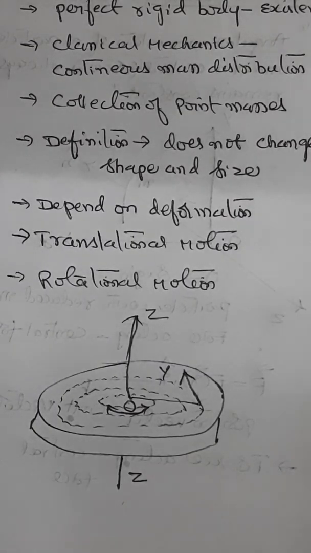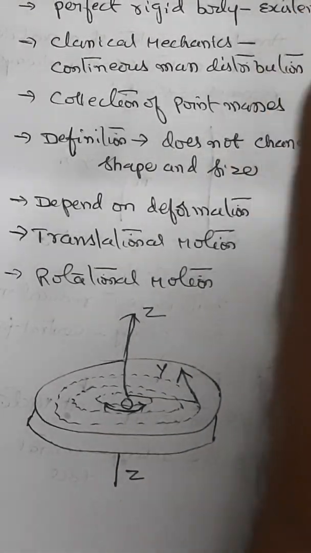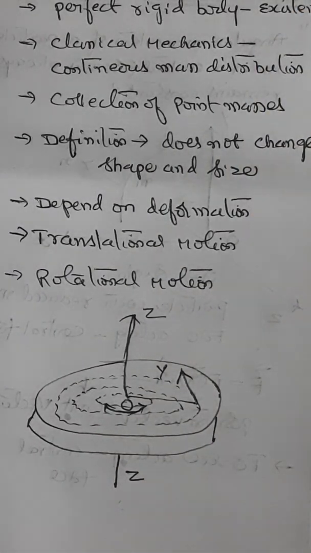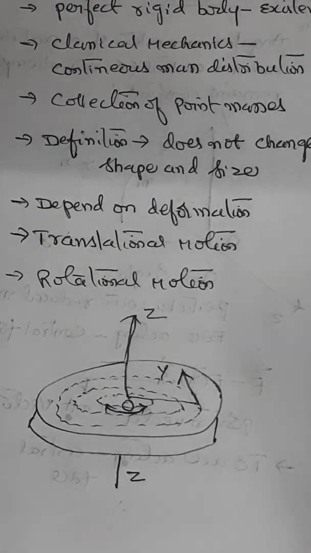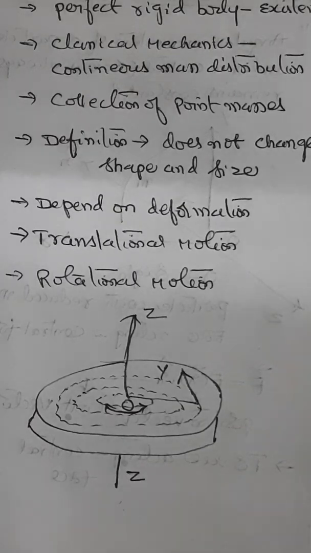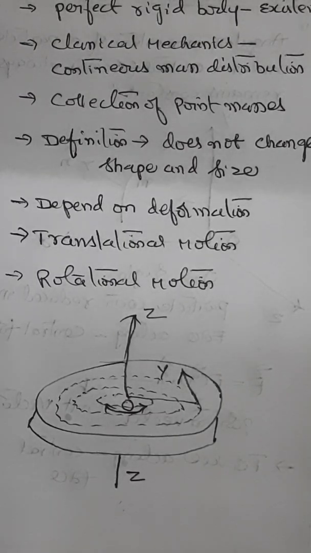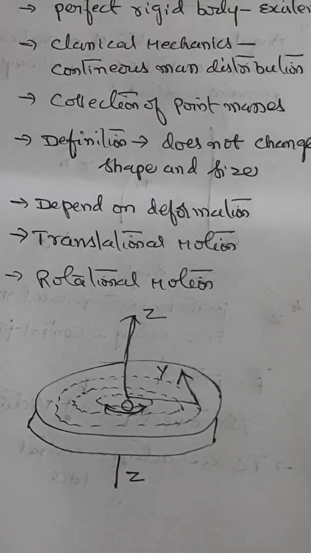In that also we looked at how translational motion can take place and how rotational motion can take place. What are the influences that constraints have? How does it differ from elastic behavior? When do you call it a rigid body? When do you call it an elastic body? What is the level of deformation that can be caused to be defined as a rigid body? And the types of motions as rotational motion and translational motion.